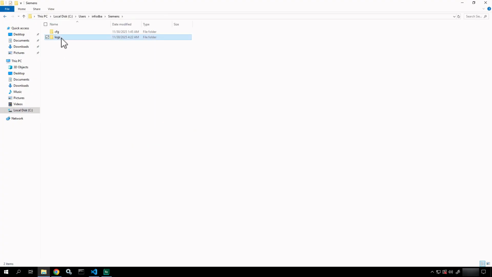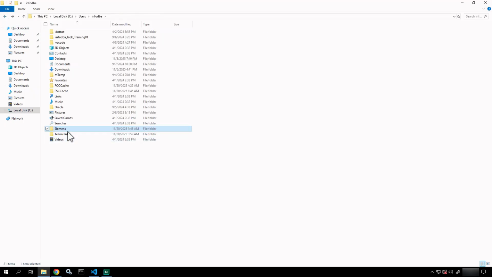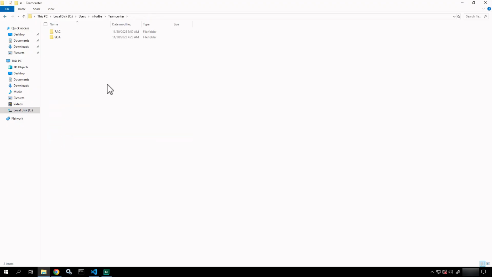So the Siemens folder will have this logs folder, and then you'll have an organization of logs for every one of your components, whether it's security services, TCSS, or TCCS, Teamcenter Client Communication System, 2-tier. You've got the FSC communication, SOA, third party, which is relative to the FOSS repository, microservice framework, Teamcenter itself, and then Windows services. So you've got a nice logs directory here. Siemens has been kind of working to increase it. If you blow this folder away, it will recreate and the logs will be generated again, both in Linux and